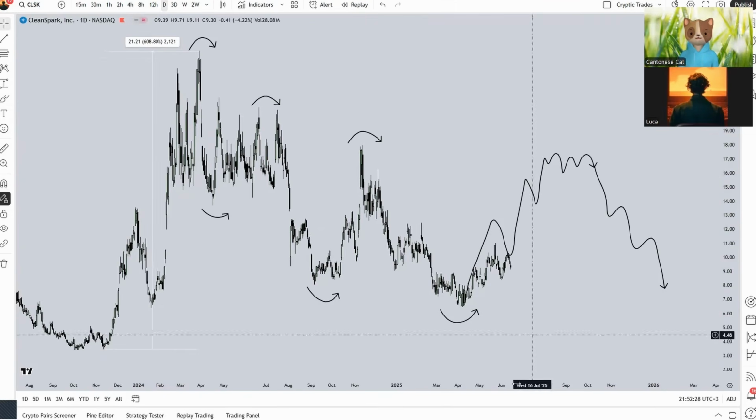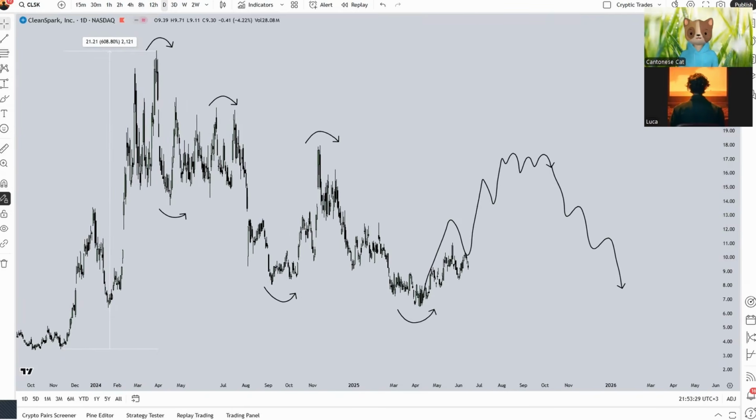When we actually have Bitcoin making all-time highs, when we have global liquidity rising, when overall IWM seems to be forming something, that is definitely something to take into consideration. Yeah, I'm personally really bullish on risk assets in the next couple of months, as we discussed earlier. But this is something I'll be keeping in the back of my mind.